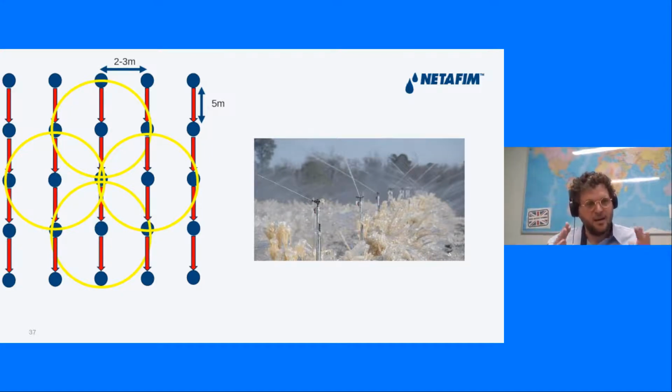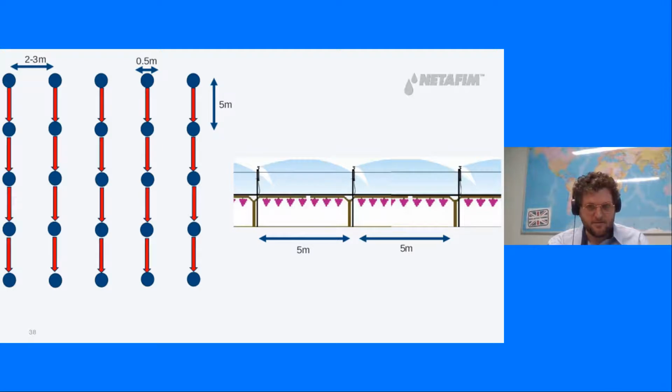If we could target our mitigation system, that would be best. And we do have a system to do that. Netafim has our Pulsar strip net system, which is a very special and unique system for the vineyard. Now, the strip net system sprinkler only sprays water in a strip of 50 centimeters, making sure we only target the vineyard, the vine, and not the pathways in between. The strip net sprinkler can reach a distance of up to 6 meters, 6.5 meters as well,